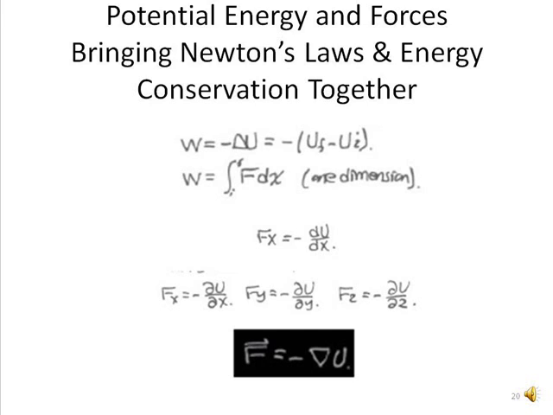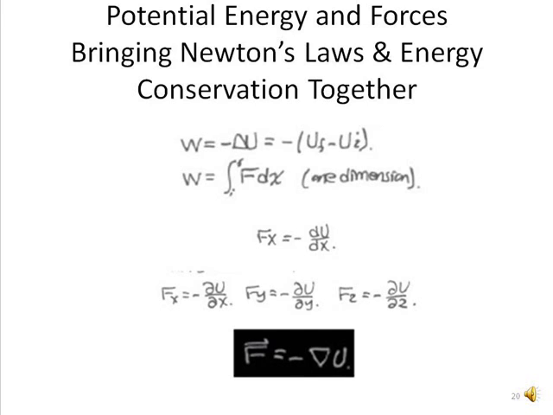Since we're in 3 dimensions, we have to use the vector form of the work equation, W equals F dot x. But we know that the force we can decompose into components Fx, Fy, and Fz. Similarly, dx as a differential vector is simply a vector made up of the differentials in the different coordinates, dx, dy, and dz. We take the dot product and set up the integral. We get F dot dx is Fx dx plus Fy dy plus Fz dz.